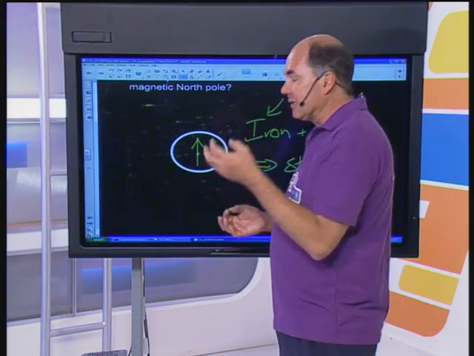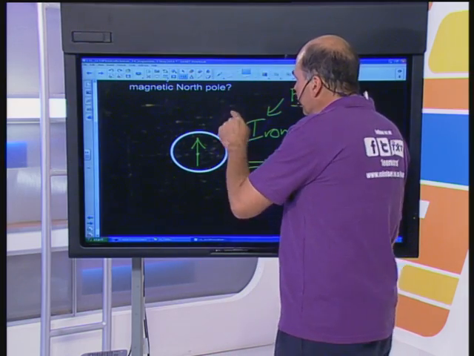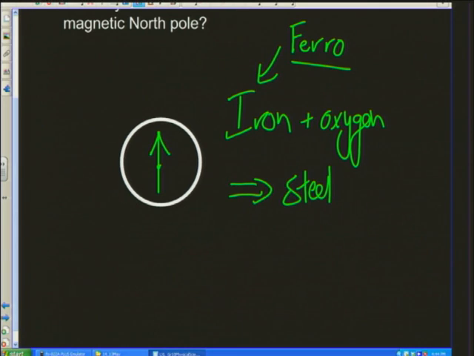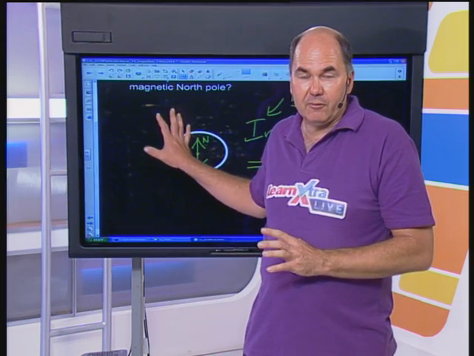You then place it onto a piece of cork or something that will float, put it into a little beaker, and you'll see that it will point in a particular direction, namely the Earth's magnetic field. The important thing about a compass, though, is that this end of this magnet is the North Pole, and this end is the South Pole. And we're saying that it always points north. Hope you understand that for the moment.